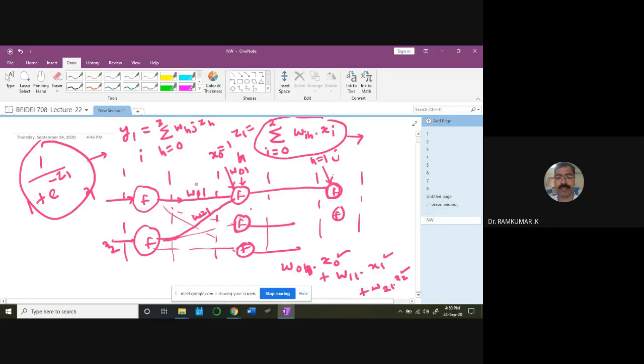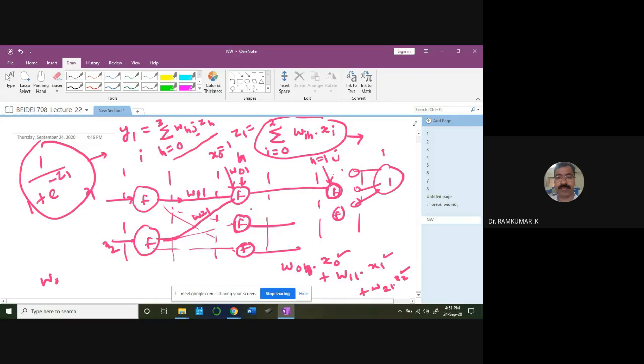This is the output I am computing. J is the index for the output, so I'm using J. Now you can expand it for output neuron 1. This is output neuron 1. It receives input from all the previous layer, is it not? For example, I have 3 neurons here. All 3 neurons are going to give input. In that case, I have to expand this.